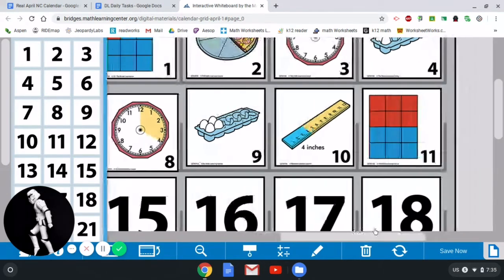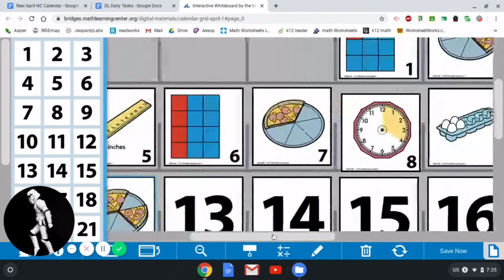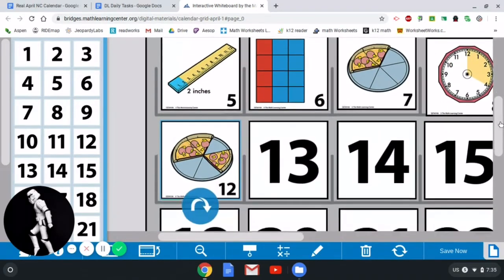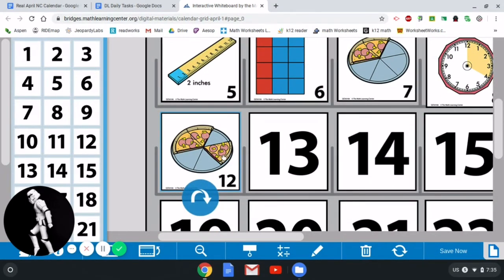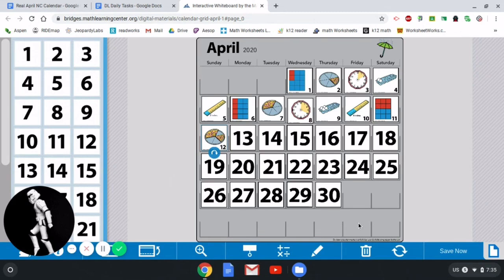The 9th looks like 4 eggs in a carton. The 10th looks like 4 inches on a 1-foot ruler. The 11th looks like 6 parts out of 12 parts, or there's 6 parts there, and there's 6 parts there. And Sunday, somebody ate a pizza in a very unorganized way. We have 3 slices of pizza, and it looks like 3 slices are missing. So, can you make some entry observations, and we'll compare them on Monday, April